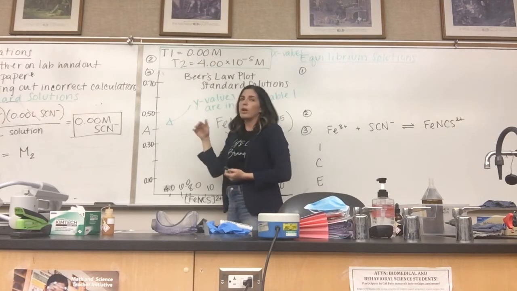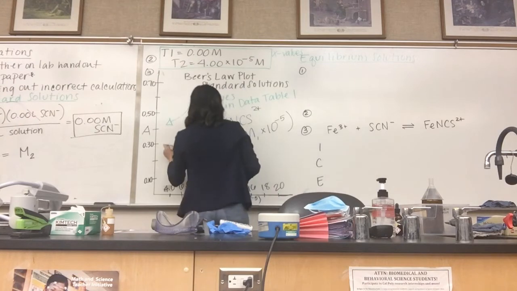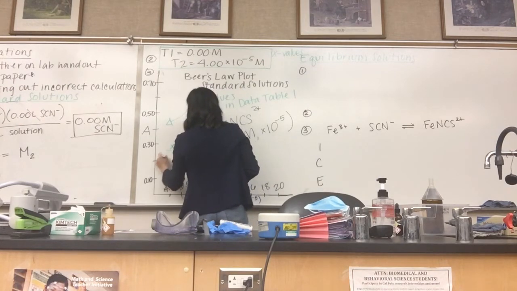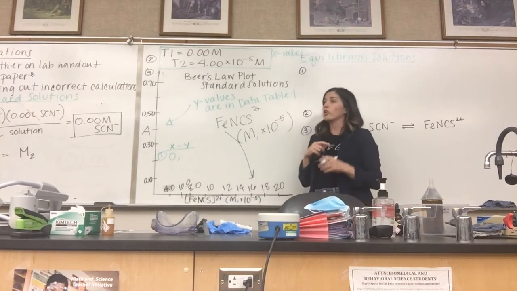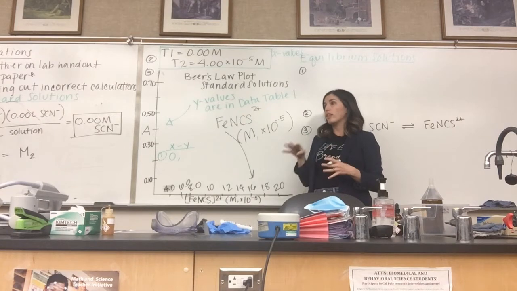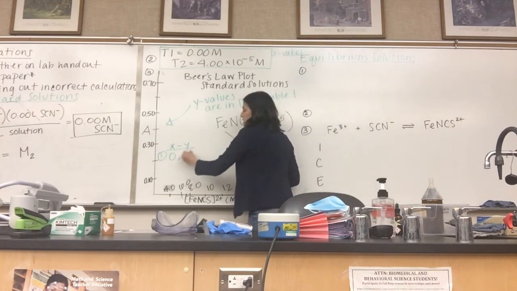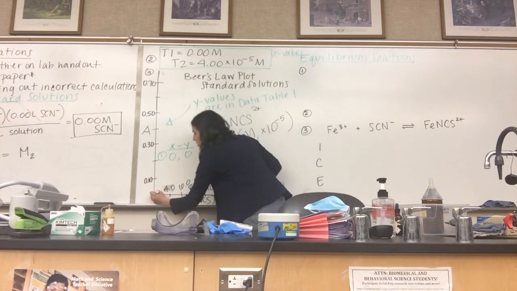Okay, so his first X value then is 0. So X, Y values, his first one is 0. And what's your corresponding Y, or your absorbance value for that first solution? That was your blank, right? So it's also 0. So his first is 0, 0,